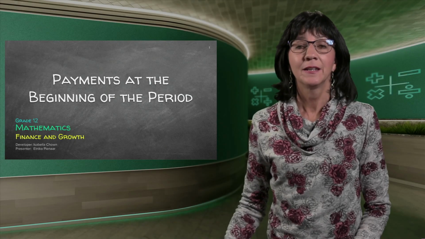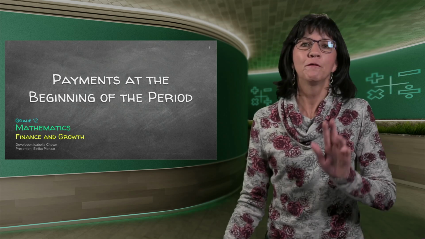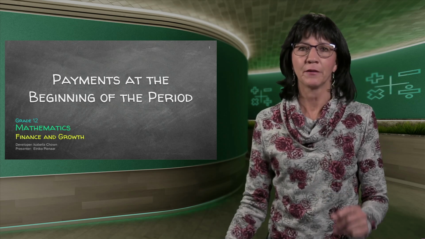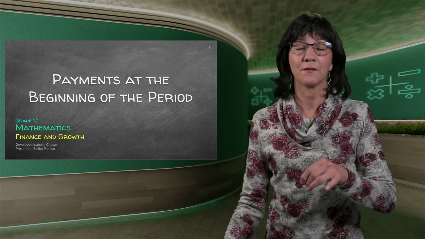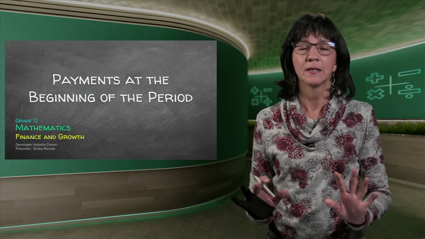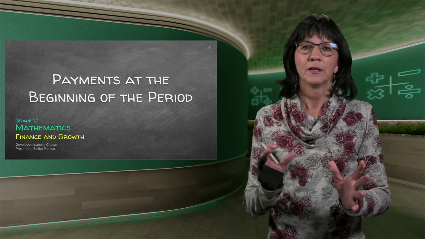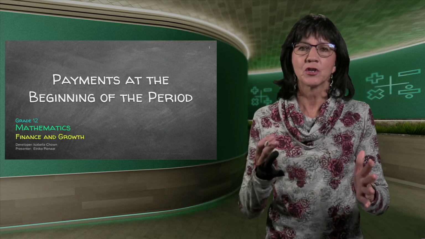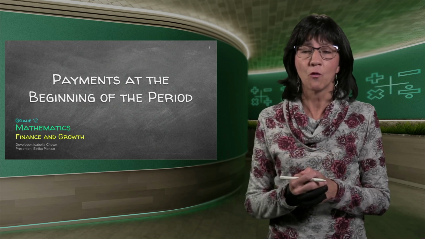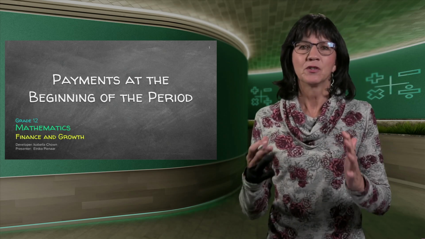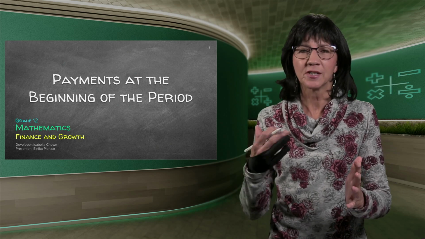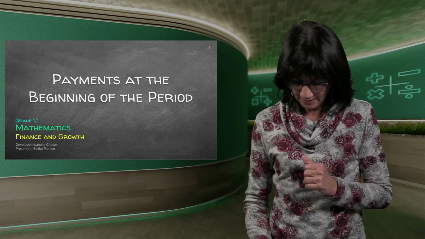Hi guys. In the last two lessons, we did the two formulas that you need to know in matric: the F formula for future value and the P formula for present value. So very easy. But now there are a few little changes and arrangements that we can do with these two formulas. It still stays the two formulas. And if you concentrate very well, you'll see this is really not complicated. You just need to think carefully about what you're doing.